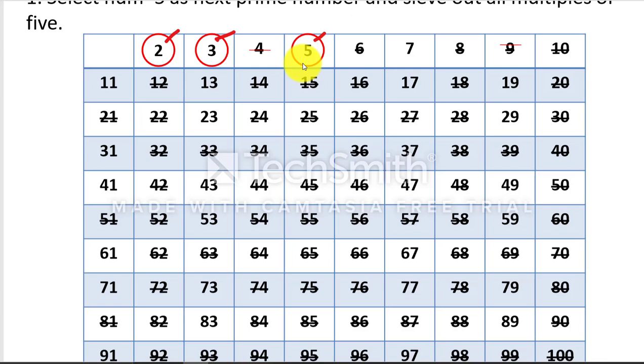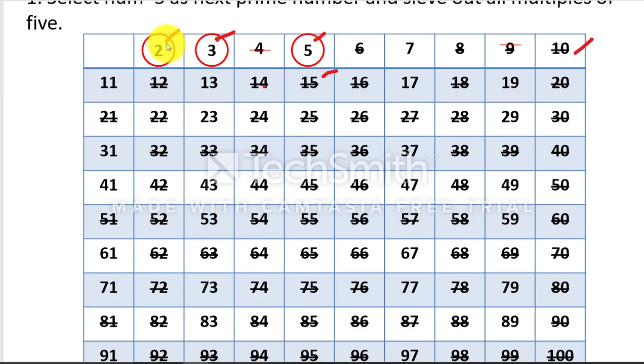In this case you can check all the numbers which are struck off by 2 and 3. 2 multiplied by 5 is 10, which is already filtered out. And 3 multiplied by 5 is 15, which is also filtered out. So there is no need to check on these.